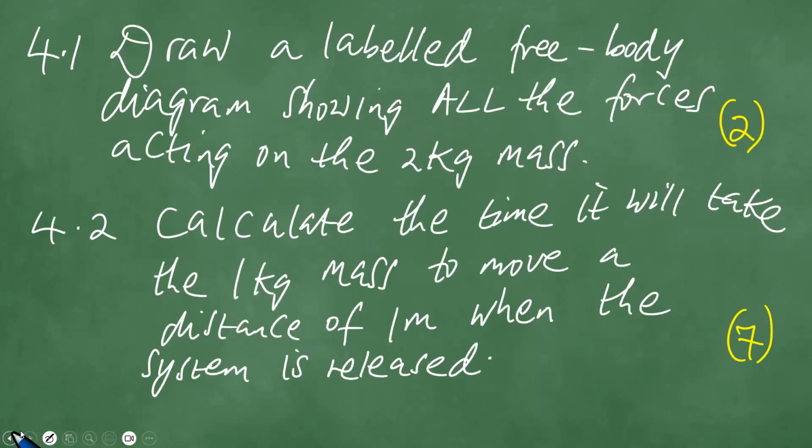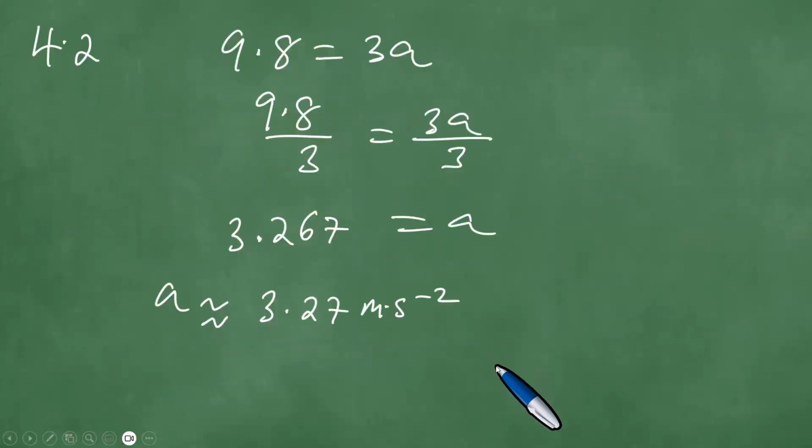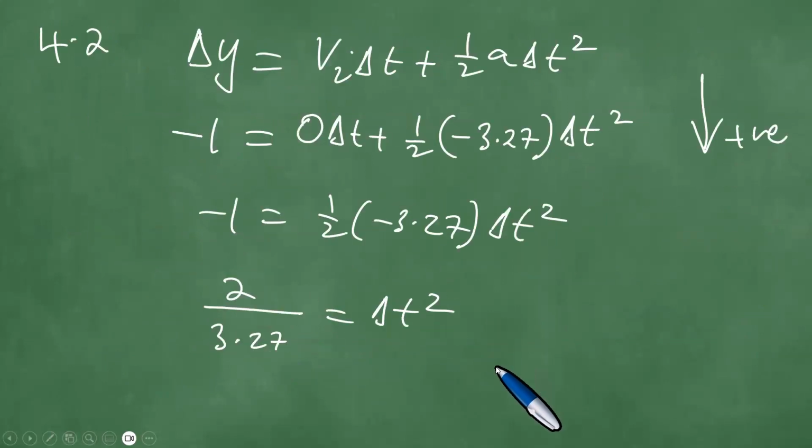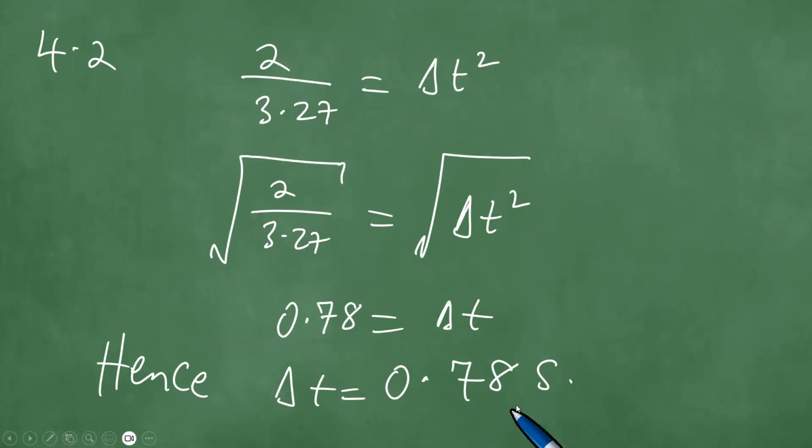Look, calculate the time it will take for the 1 kg mass to move a distance of 1 meter when the system is released. Okay, when it moves a distance of 1 meter, so it's negative 1 meter. The acceleration is going to be obvious because we're choosing downward is positive. Downward motion is positive, meaning the 1 meter is going to be upwards because the acceleration, the 1 kg is going to move up when the 2 kg moves down. And the acceleration is going to be upwards, and therefore the time is